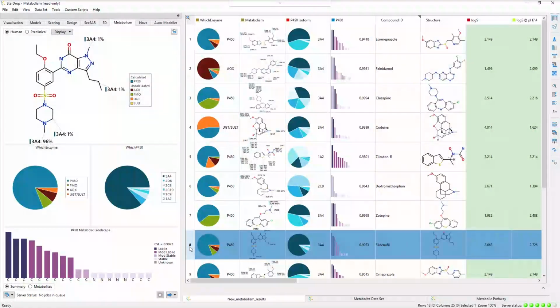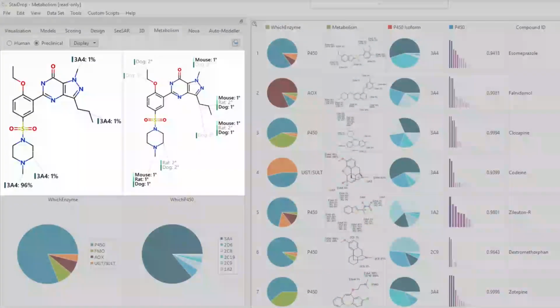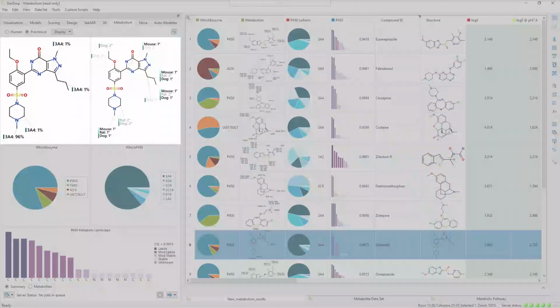Sildenafil is primarily metabolized by P450 through N-demethylation on the piperazine ring. StarDrop's preclinical P450 models show that rat, mouse, and dog studies should all identify metabolism at that site. However, there are a few other minor sites, all of which are highlighted in the dog models as secondary or tertiary sites of metabolism, and one is a primary site for mouse. Therefore, the combination of mouse and dog would be an appropriate selection to provide the coverage needed for the preclinical